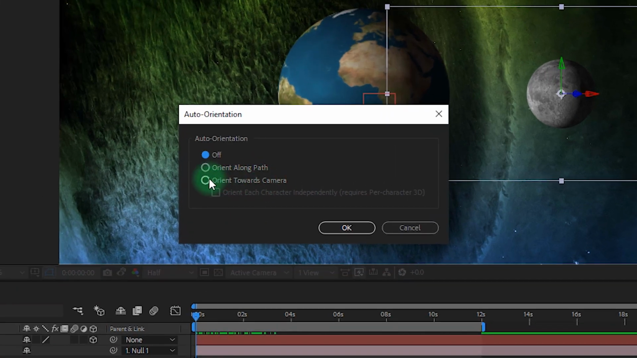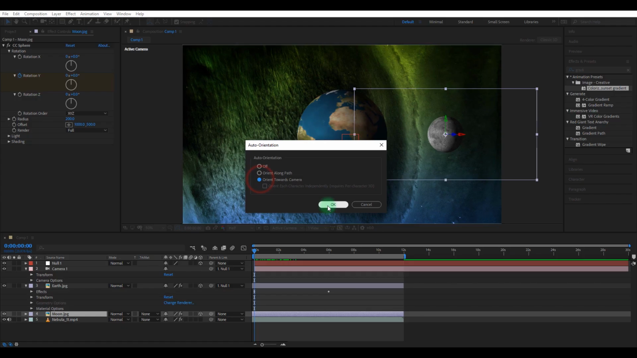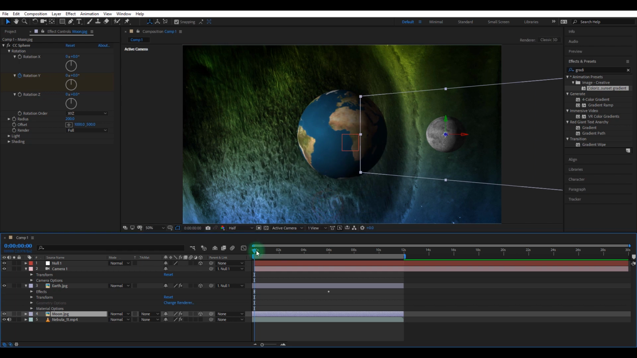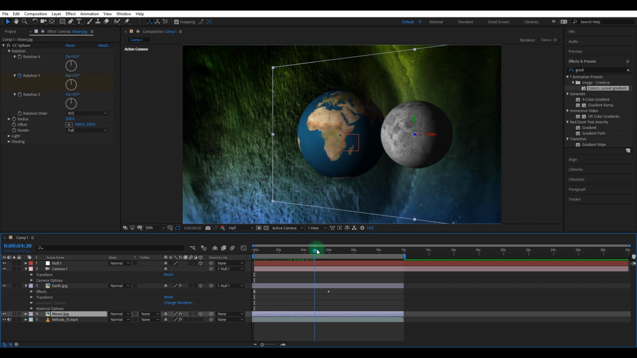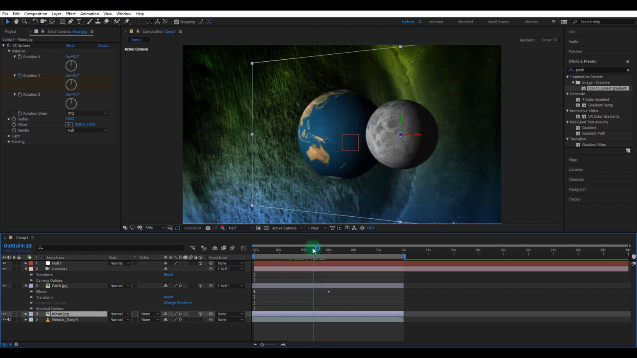One dialog box will appear, and the third option is orient towards the camera. Select this option and click OK, and your animation will be ready. Now scrub the timeline to see if the animation is okay. Here I think the moon is a little bit bigger, so I can always scale it down and make it